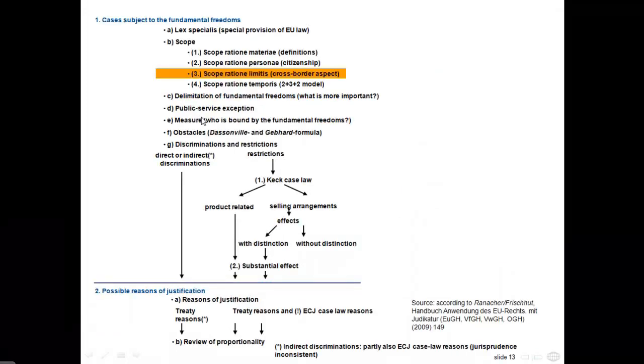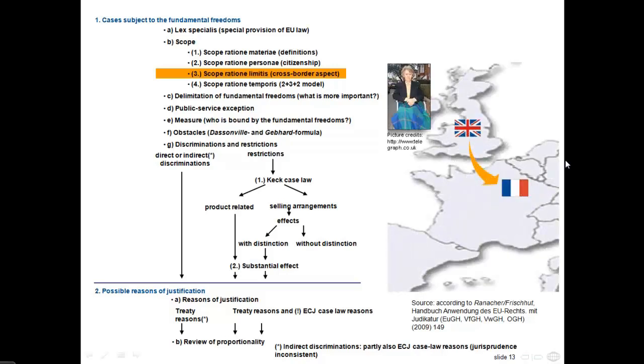Next we have to find out whether our case has a cross-border aspect. This part of the checklist is very easy. We just need a case which involves two member states of the EU, so for example as in the case of Ms. Watts. Remember, as she could not get medical treatment in due time, she went to France to get